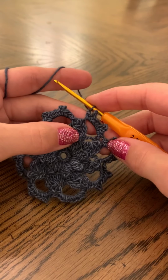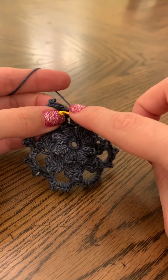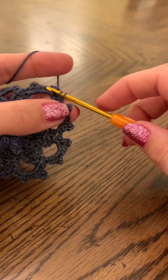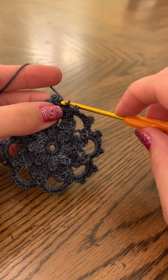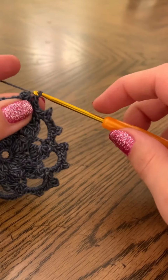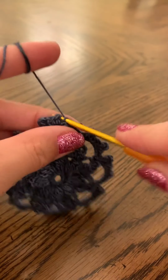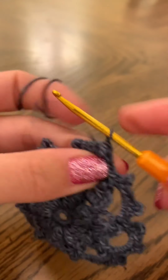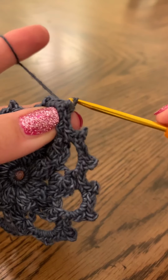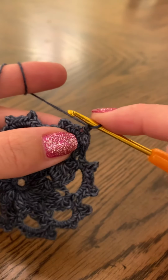So I covered my last chain 6 space, and then I made a chain 1 and slip stitch into the first single crochet of this round, slip stitch into the next single crochet, chain 1, go behind the picot, slip stitch into the next single crochet, and slip stitch again into the next single crochet, like this. Chain 1, single crochet into the same stitch,